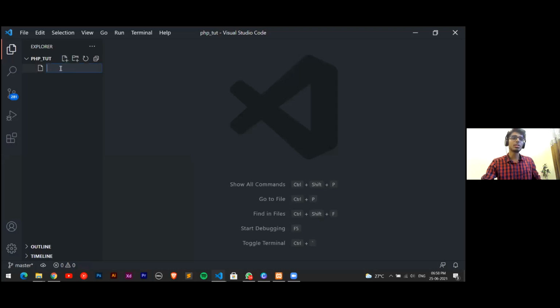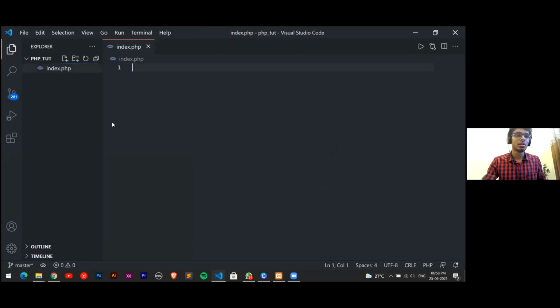I'll just click on PHP tutorial, click new file, and I'll just name it as index.php. Okay, the PHP file is created for me. Make sure the PHP extension is given to the file so that we understand the document type which we are using is a PHP file. As we had for HTML and CSS, we have the extension as .php for the same.